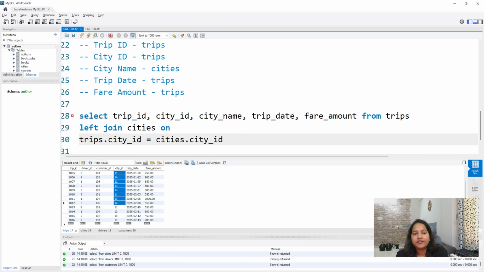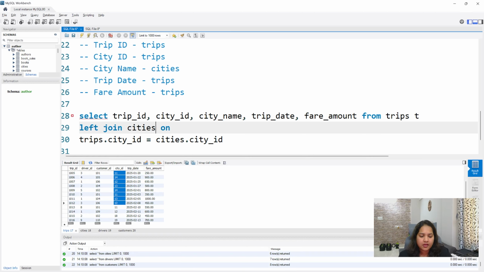Okay, so now every time instead of writing trips dot, you can just use an alias. After the trips table, if you give a space and write the letter T, you can write any letter like R, Y, whatever you want. TR or TRP, anything you can write. Let's say I put the value as T. So from now on, this trips table will be referred to as T. This is only for this particular query. It will not change forever, just for this query.